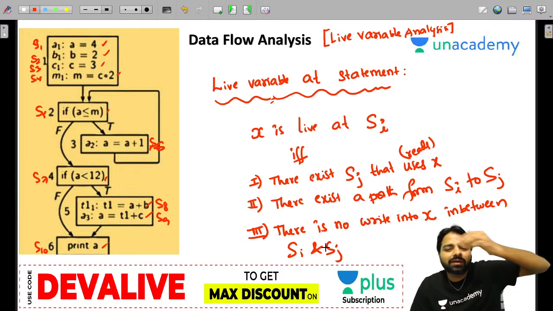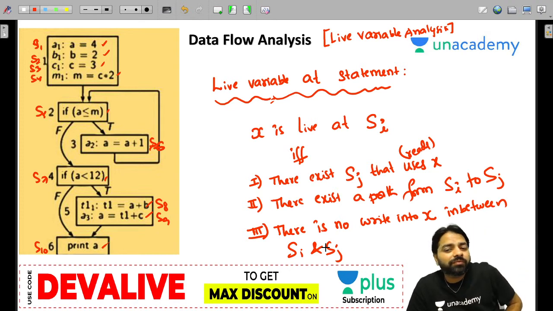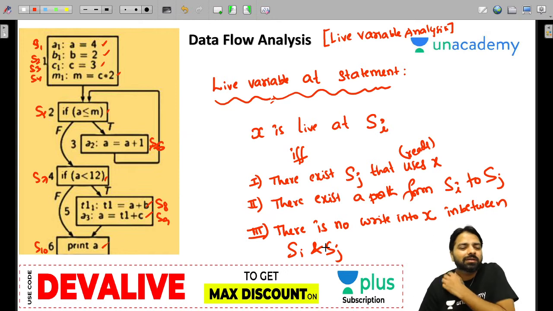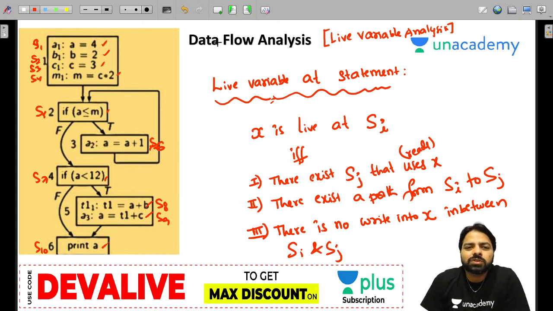Remember that, everybody. So you should be very careful how to understand this definition. It's not at all easy for the beginners. You need to spend some time to get an idea. So for that, I will be explaining one by one.